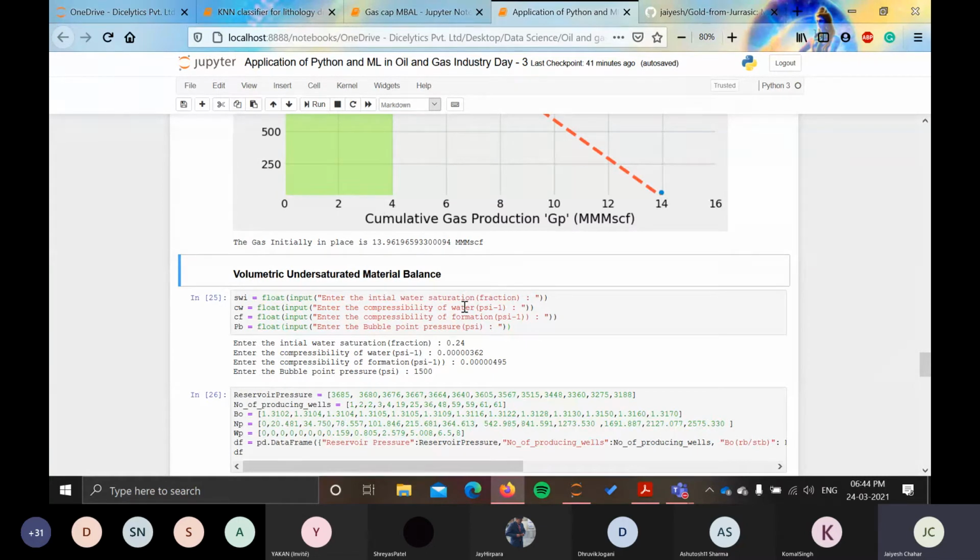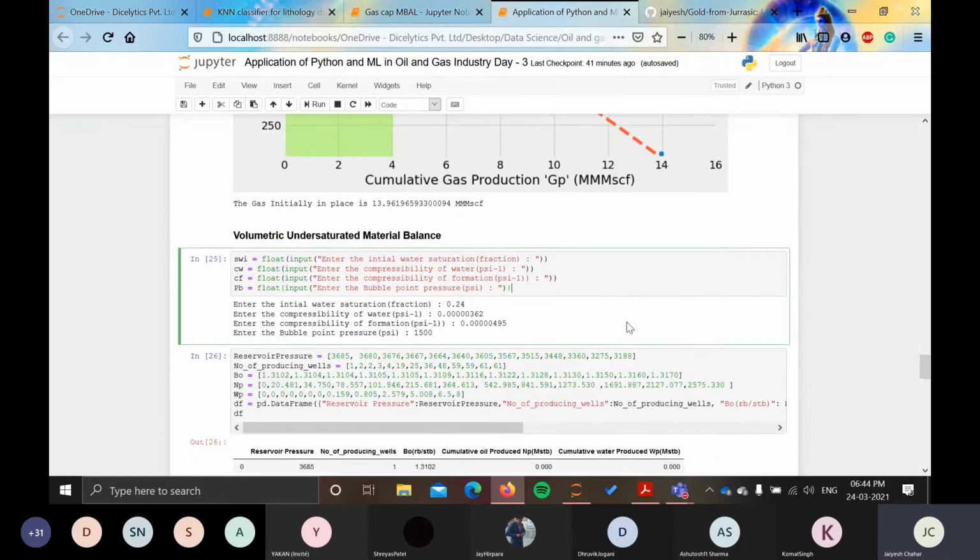As the pressure reduces with the production, our compressed oil or gas will expand. So the produced liquids will be equal to the expansion that has resulted due to the pressure reduction of that production.